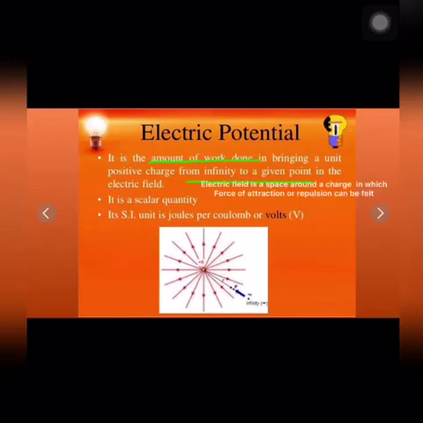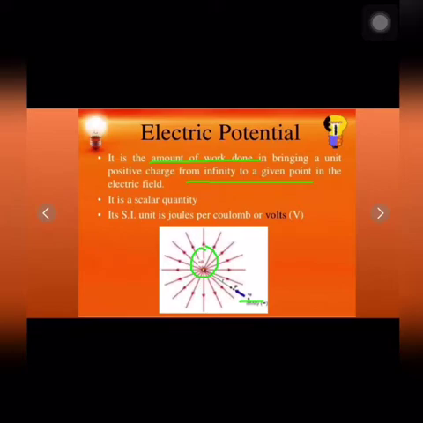in the electric field. So when a small positive test charge, here you can see this is the small positive test charge, is placed in the electric field due to another charge, it experiences a force. Of course, it will experience a force because this is a positive charge and this is also a positive charge. So you know by the property of charges that like charges repel each other. So there will be force of repulsion between these two charges.